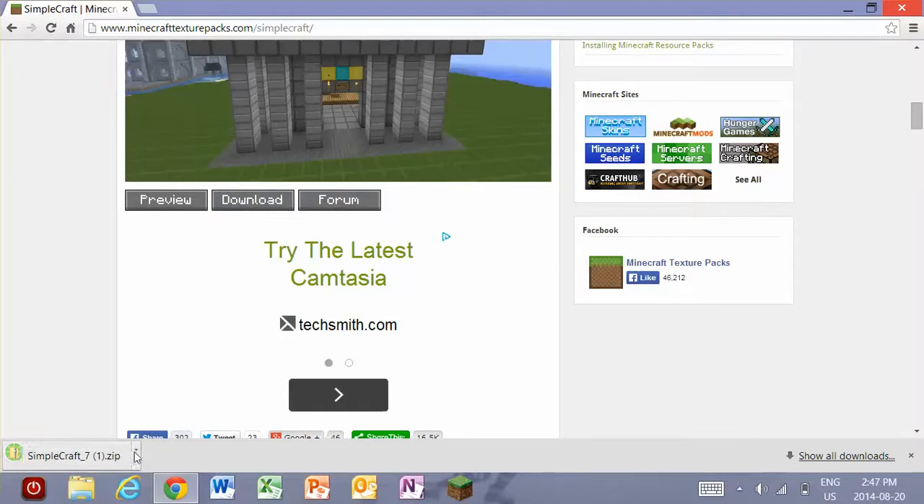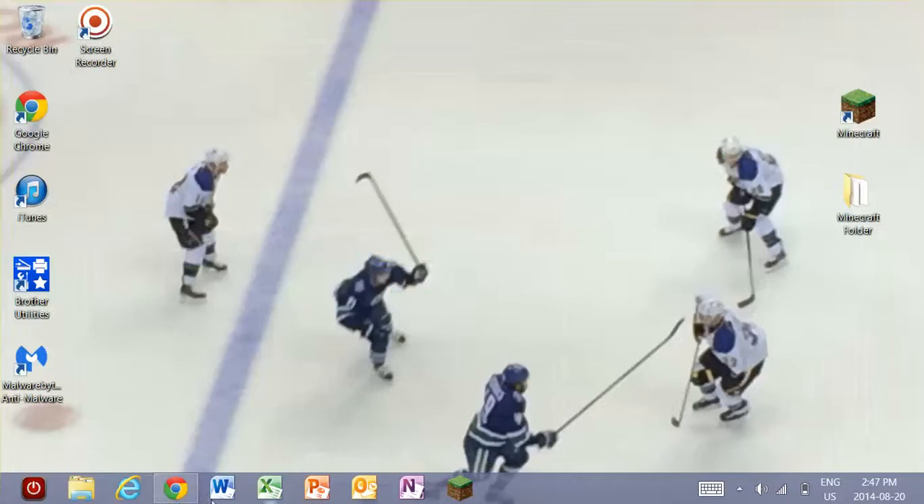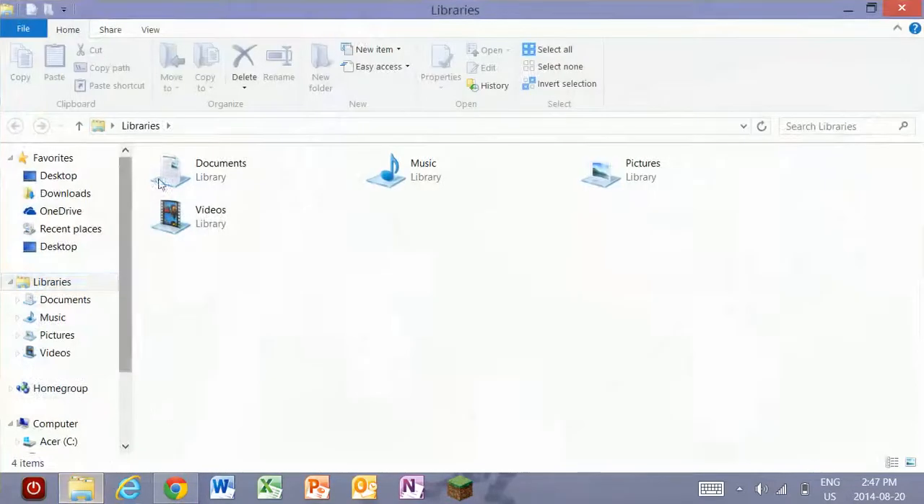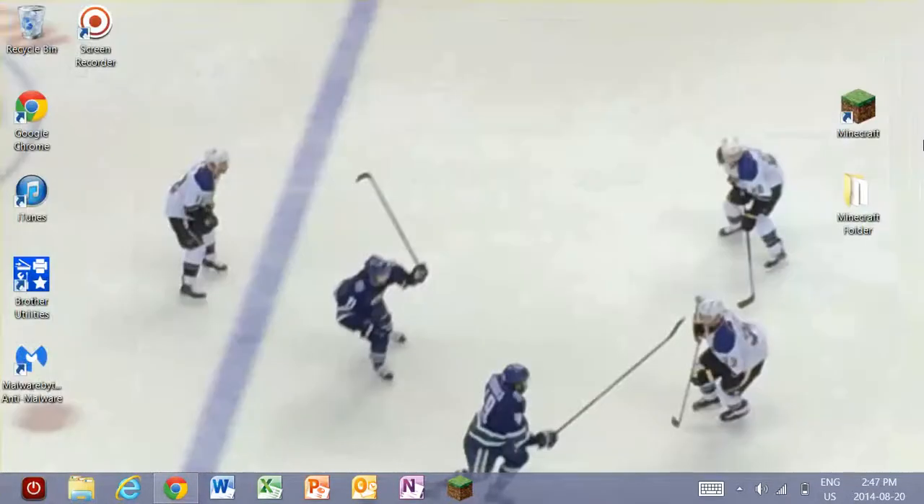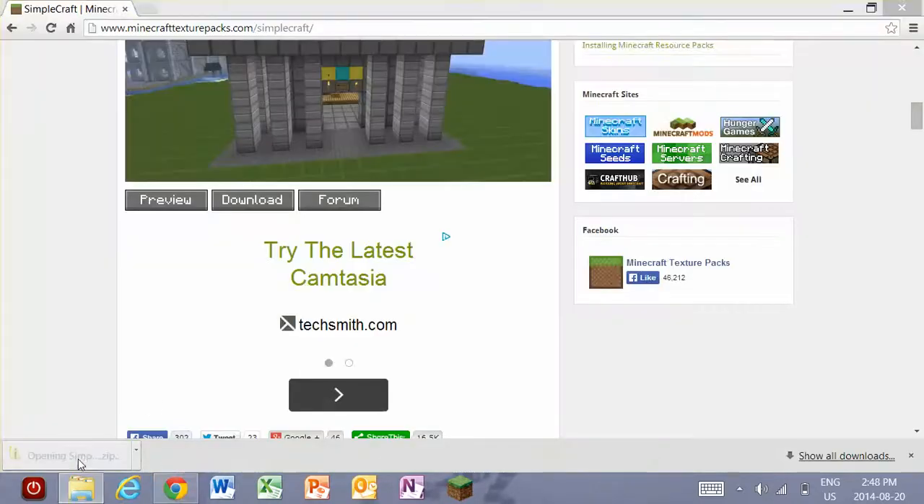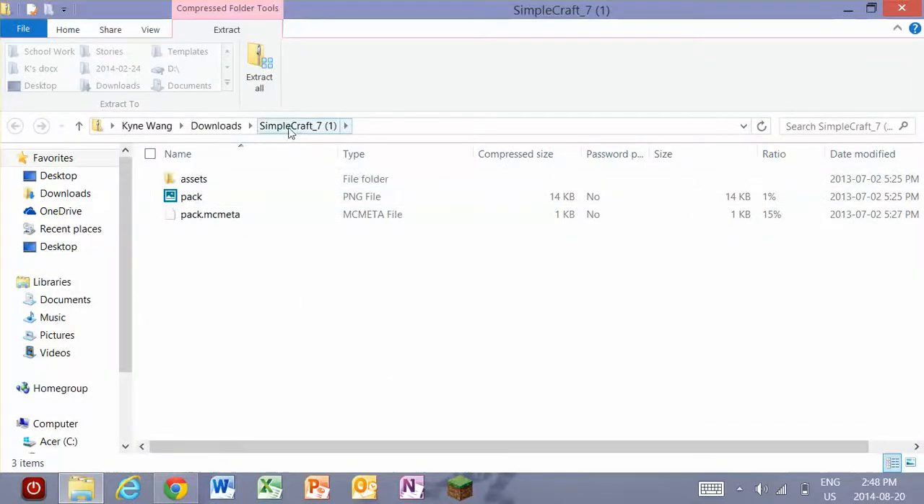I already have it, so you just click run and then stuff like that. So I'm going to cancel it. But anyways, once you have it, you should have it right now in the folder. It should open Simplecraft. So for example, I'm just going to do it. See, like this, Simplecraft